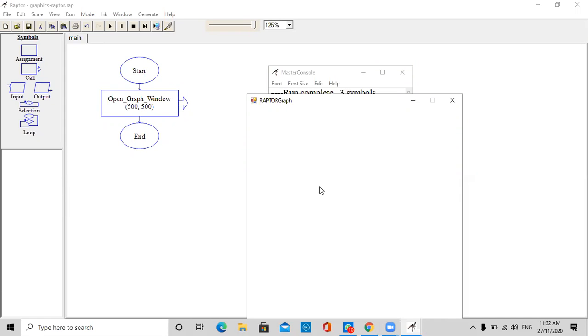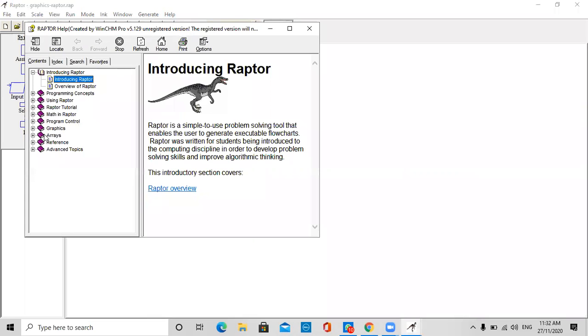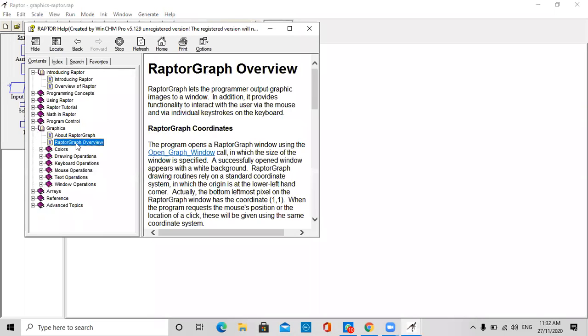Now, how do I write something on this? I'm trying to bring the cursor there, I'm not able to write anything. I got a window where I can draw something, but I don't know how to draw it. So I will again go to help, go to graphics, graphics overview.